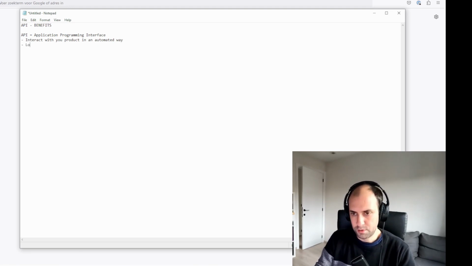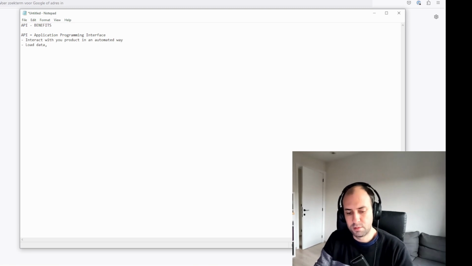What does it mostly do? You load data from the product and load it into your own system or your own product. An API is also allowed to update or even delete data. It all depends on what you allow and enable through your API.